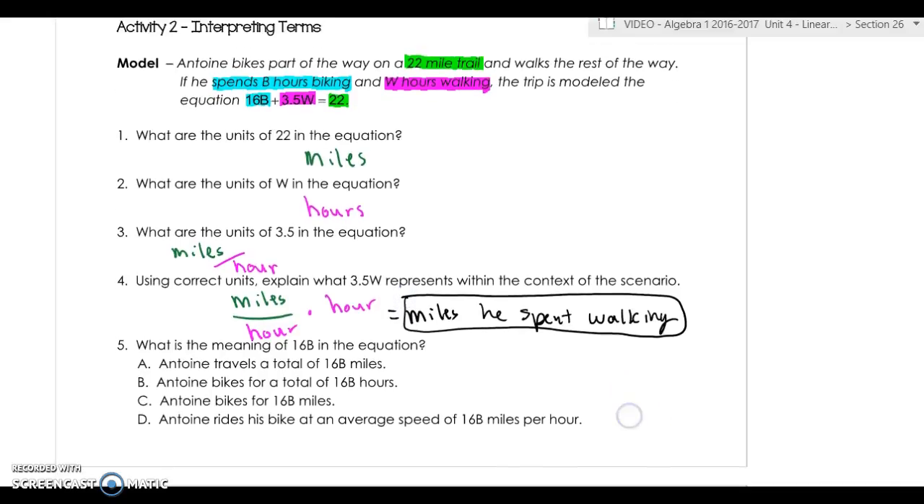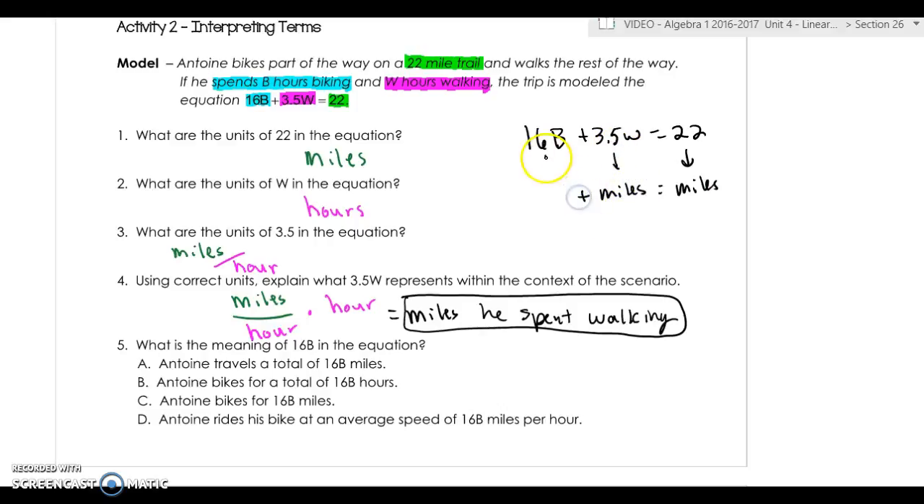And then 5, what's the meaning of 16b in the equation? So let's think of it this way. If we have these units here, we already know that 22, the units are miles. We discovered in number 4 that the units for 3.5 W are miles also. So if we just rewrite this equation, we've already talked about miles and miles